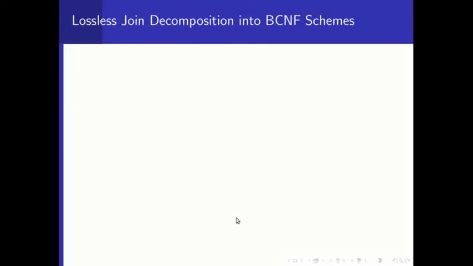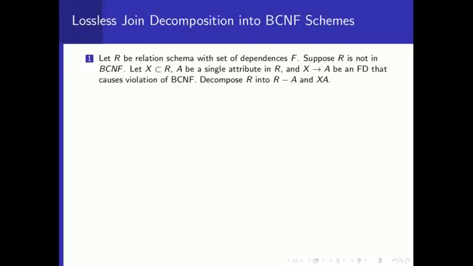So far we have not looked into how to decompose the relation. If an FD is violated, meaning a particular normal form is violated, how to decompose that into a set of sub relations R1, R2, Rn. That decomposition rule is not in the syllabus, but we will see one such decomposition to understand how decompositions are to be done. For that purpose only, we'll do it with an example.